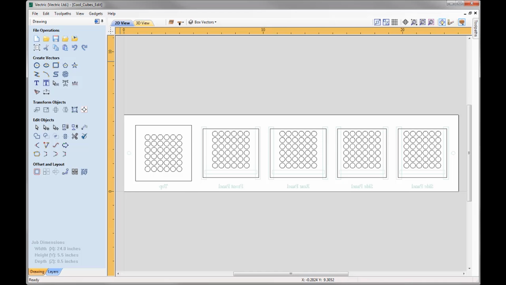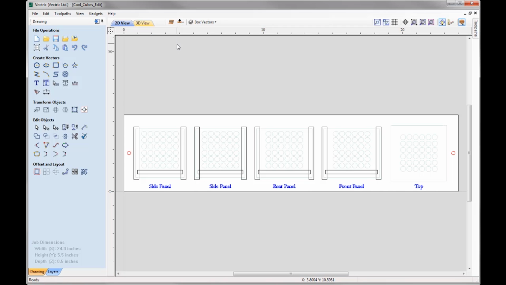So now I want to run through how I plan to cut the whole part. So let's switch to the top side, as we'll be cutting the vectors for the top side first. So in terms of machining, I plan to cut these vectors, and we're going to run pocket toolpaths on those. Once we've done those, we're going to take this vector and this vector over on the right here, where we're going to run a drill toolpath, and these holes represent our dowel holes. We're going to cut all the way through the material, and we're going to cut into the spoil board,